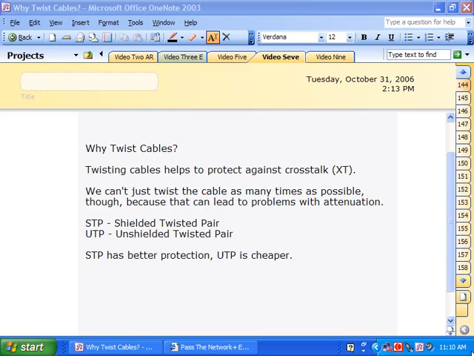A common question when you're getting started with this stuff is, well, why do they twist them? Why do that? Well, we have to keep in mind when it comes to cabling that outside forces can actually hamper network performance. And I don't mean any sinister outside forces. I mean just regular crosstalk, for example. Crosstalk is generally the result of one signal adversely affecting a second nearby signal. And the symbol for crosstalk is actually XT, so be aware of that,